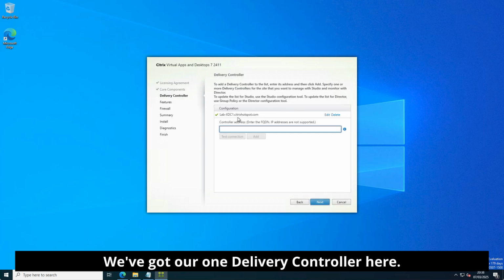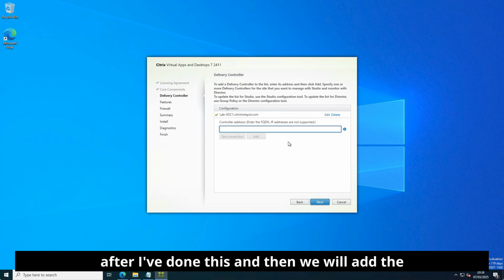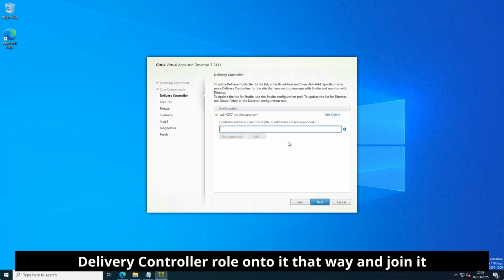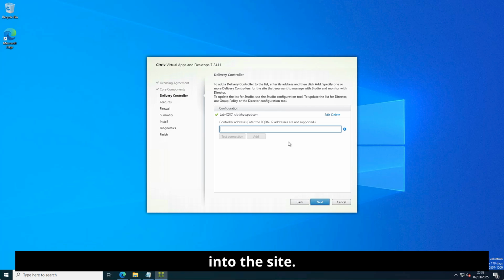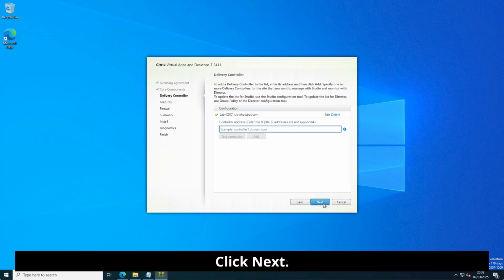So we've got our one delivery controller here. I'm not going to add a second one at the moment. I'm going to build another delivery controller after I've done this, and then we will add the delivery controller role onto it that way and join it into the site. So as you can see, I've got the one server, lab-xdc1.citrixhotspot.com. If I click next,